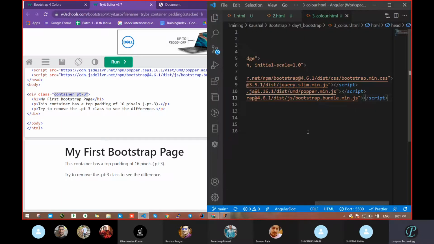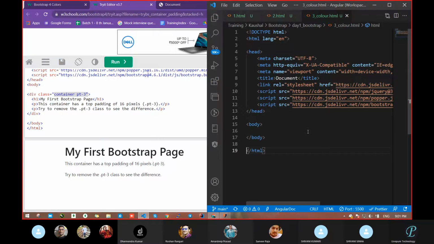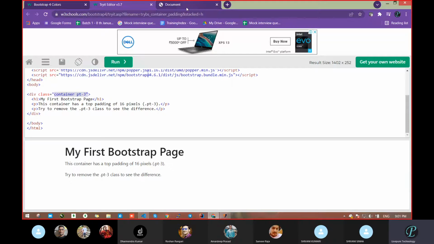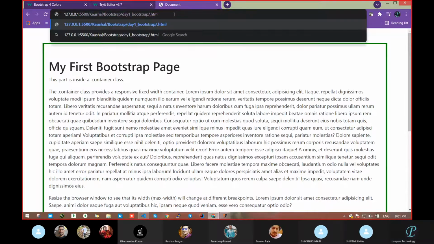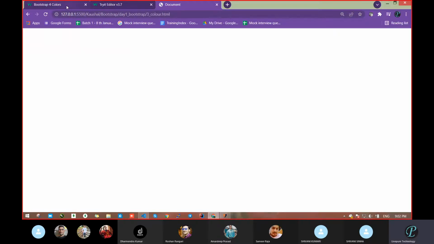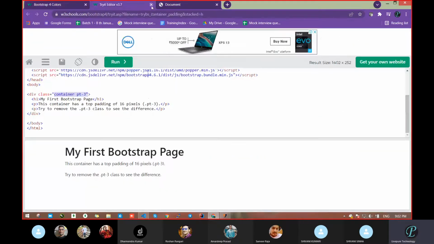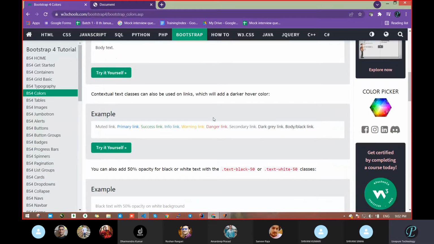Now I am going to add a style here for the color. What is that file name? 3 underscore COLOUR dot HTML. Is that correct? Yeah, correct. So for color, it is just simple. What are the color names?